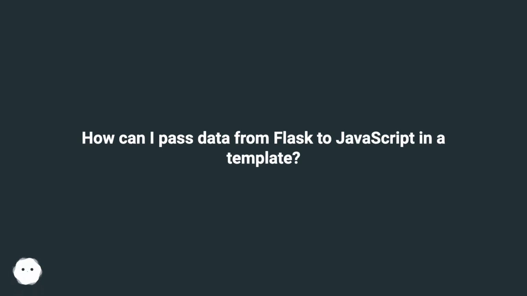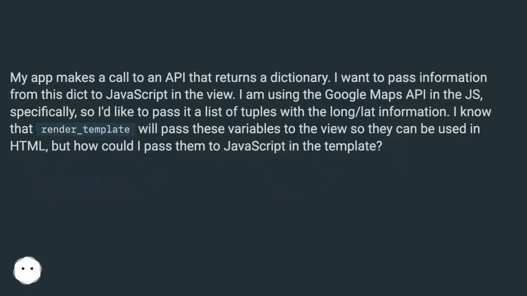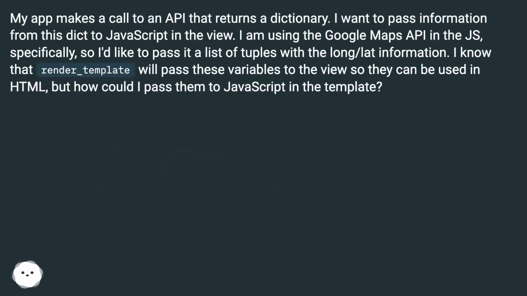How can I pass data from Flask to JavaScript in a template? My app makes a call to an API that returns a dictionary. I want to pass information from this dict to JavaScript in the view. I am using the Google Maps API in the JS, specifically, so I'd like to pass it a list of